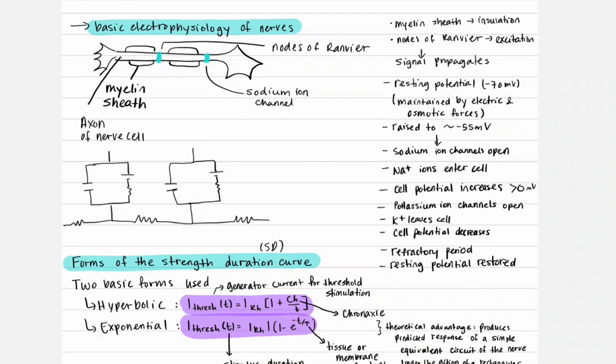The cell is at a resting potential of negative 70 millivolts, and this is maintained by two mechanisms, electrical forces and osmotic forces. Slowly the cell might be depolarized, but once it reaches a certain threshold, sodium ion channels open and sodium ions enter the cell, further depolarizing